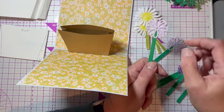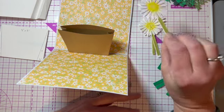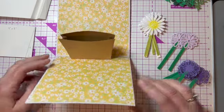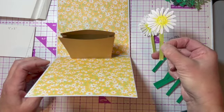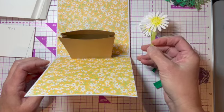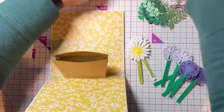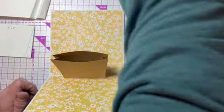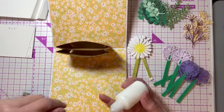And I had almost all these, and then I decided it didn't look good enough, so I went ahead and added some of the little daisies that I had from, this was a daisy die, I think from the flower forming foam, and then I cut a bunch of different foliage, and you can use any flowers you want and any foliage you want in any combination. And all you do is, just like any other pop-up box or anything else,